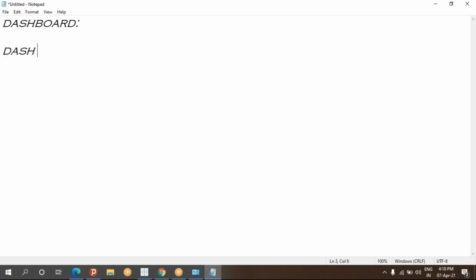So dashboard is nothing but what? A collection of different sheets and different views.